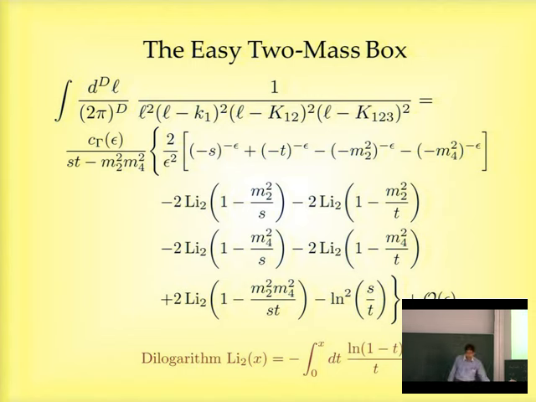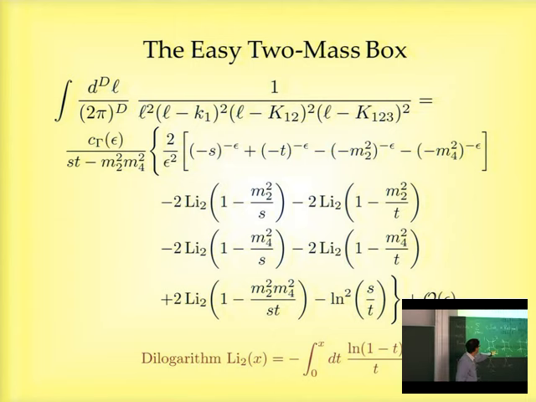Can you tell us what M2 and M4 are? Oh, I'm sorry. This is the easy 2-mass box. If we look at the picture, I've drawn it here with M1 and M3. But if we label the legs 1, 2, 3, 4, then M2 and M4 are simply the masses of the two massive legs in this box. Let me label it explicitly here: 1, 2, 3, 4. So again, 1 and 3 are massless legs, and 2 and 4 are massive legs. So M2 squared is simply